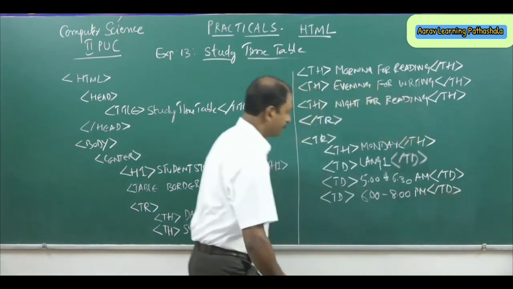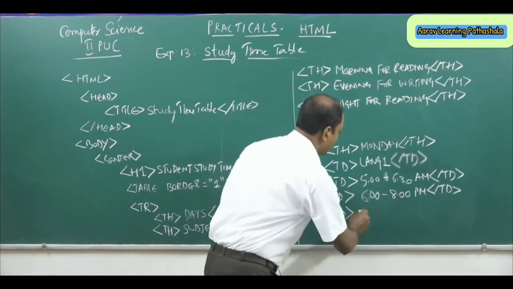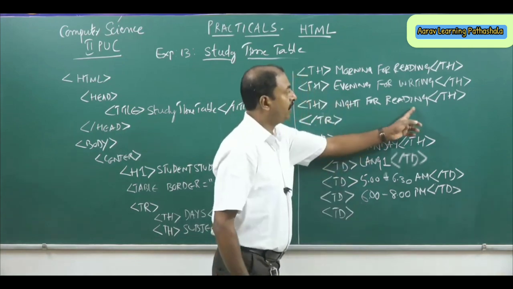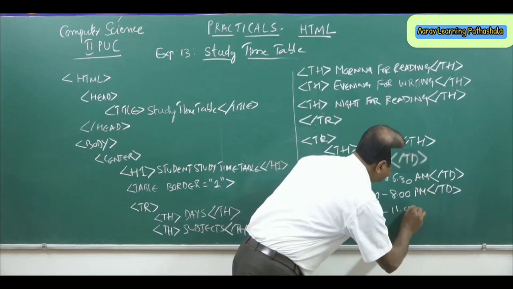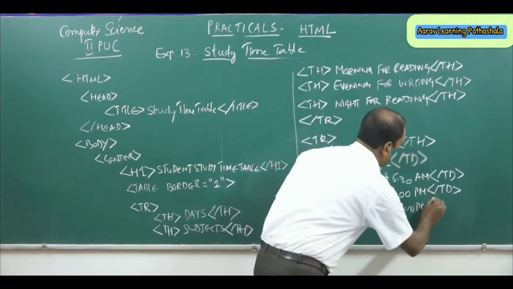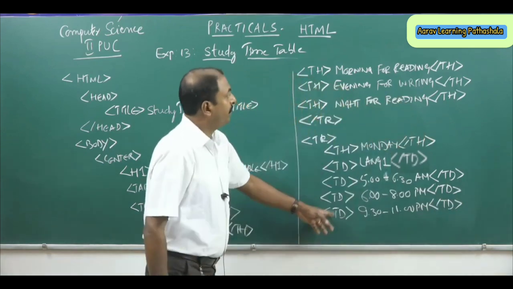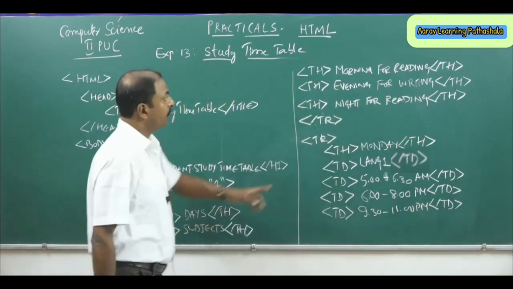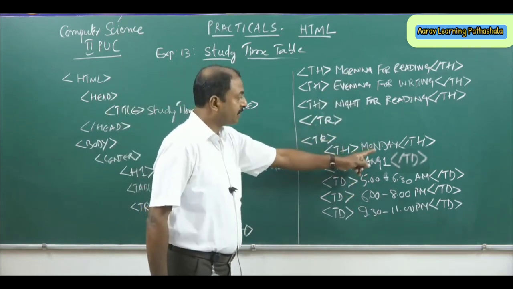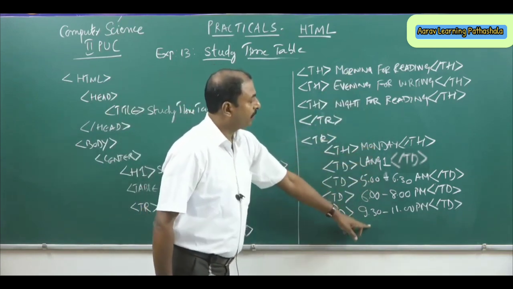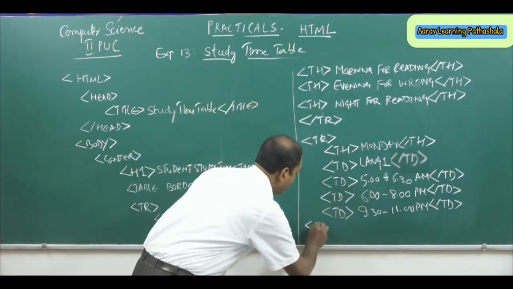/td. Again one more data, that is for night for reading, 9:30 to 11 p.m. We have to close this td. Now we have used 1 2 3 4 5 as 5 columns. We have entered the values for 5 columns here. So now after this we have to close this tr